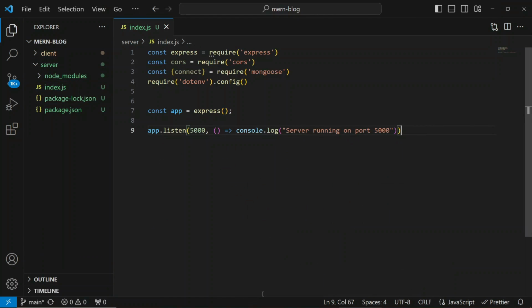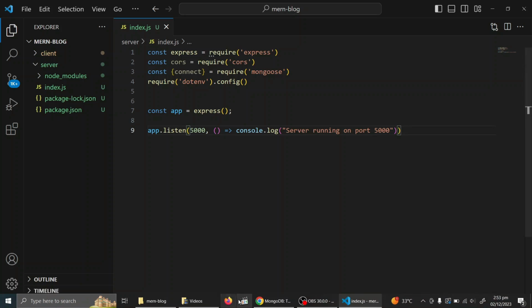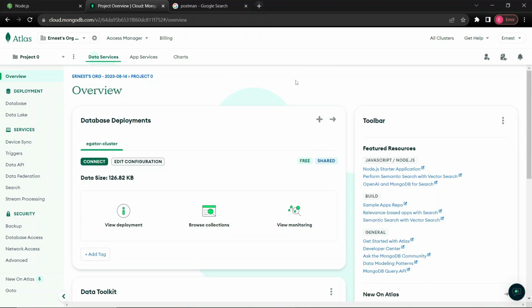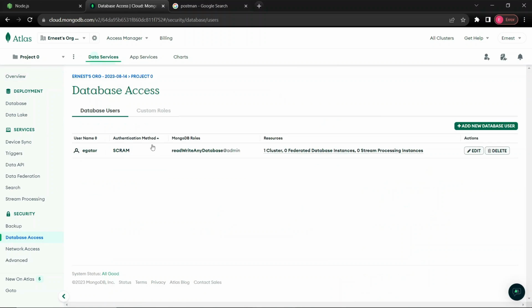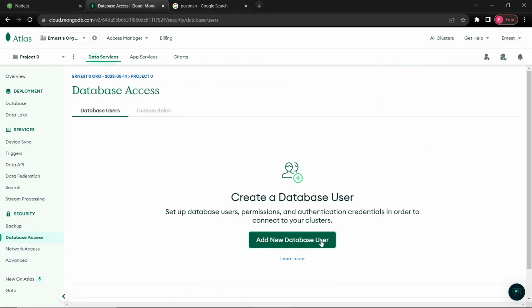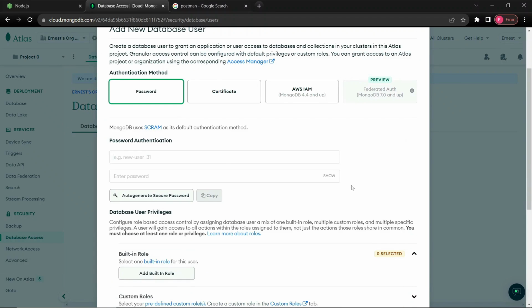I want to connect to our database right now so that we don't have to worry about it. Okay, so here on MongoDB, you can go ahead and create a new account. I have an account, so I'm just going to sign in. Once you create the account, you should go ahead and create a new cluster. And right here, database access, I'm going to delete this user. You should go ahead and create a new database user,